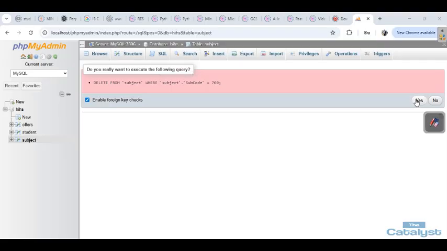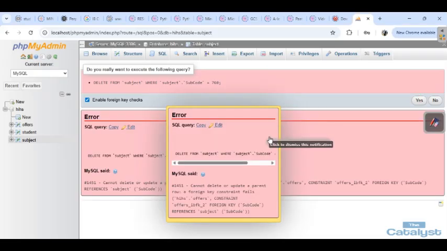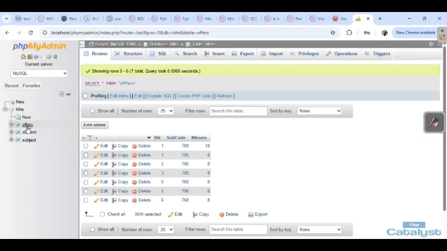It says cannot delete or update a parent row. It's a parent, so let's do the deletion in